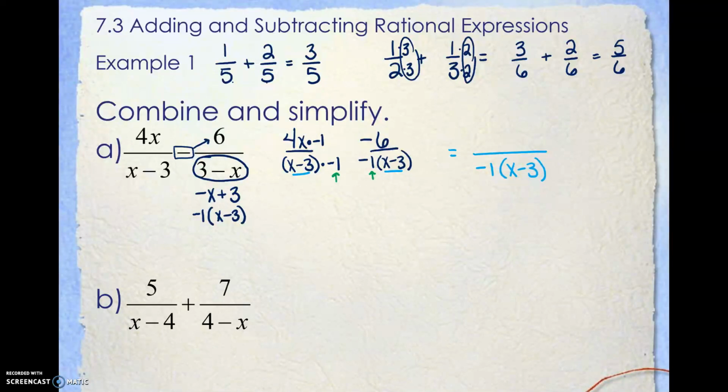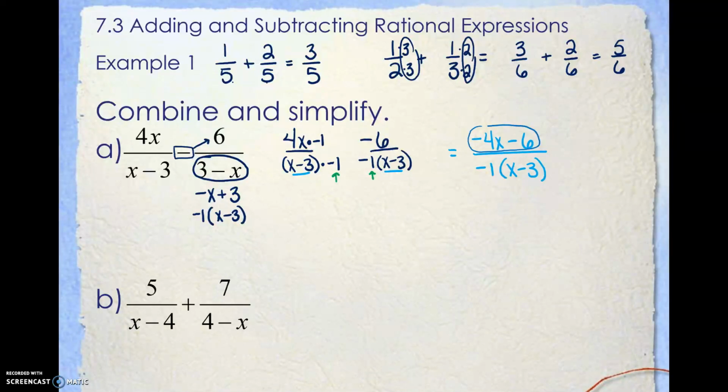In the numerator, 4x times negative 1 is negative 4x, and we have a negative 6. Once you have gotten a common denominator, and you've combined like terms and done all of that, your last step